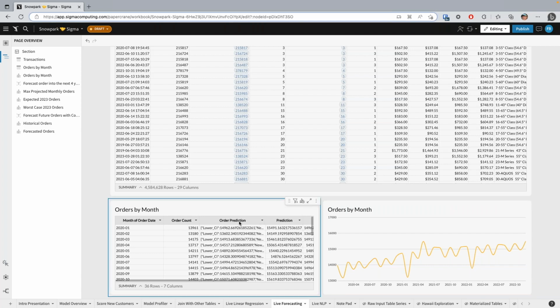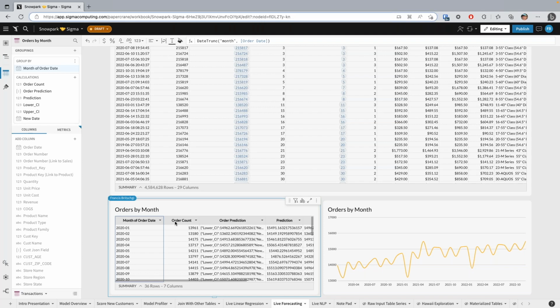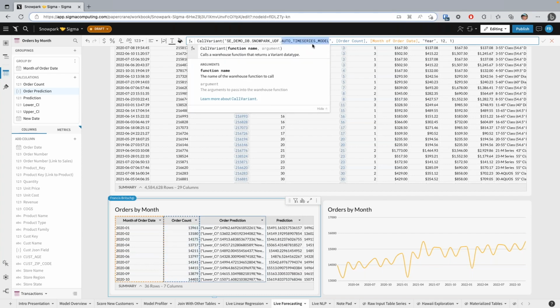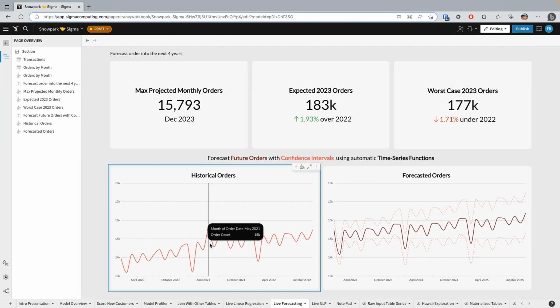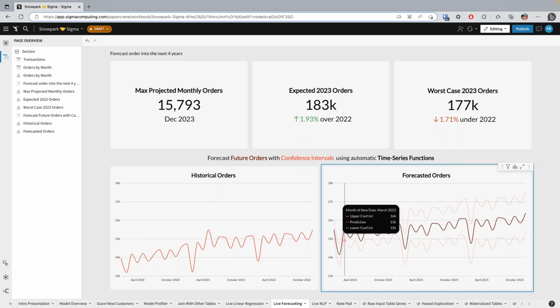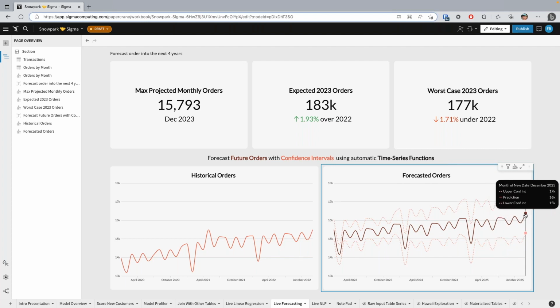So what I'm doing is I'm using the exact same methodology that I showed you with that linear model. I start with the month of order date, I get an order count. These are both calculated in Sigma, and then I just apply this order prediction. And what this will do is it'll take those two variables in, order count and month of order date, and it'll calculate a time series model based on my provided seasonality. And when I scroll down, we can get a sense of what that looks like. What we're able to do is observe the past and fit a forecast into the future of 3 years with a confidence interval to let me know what I would expect in December of 2025.